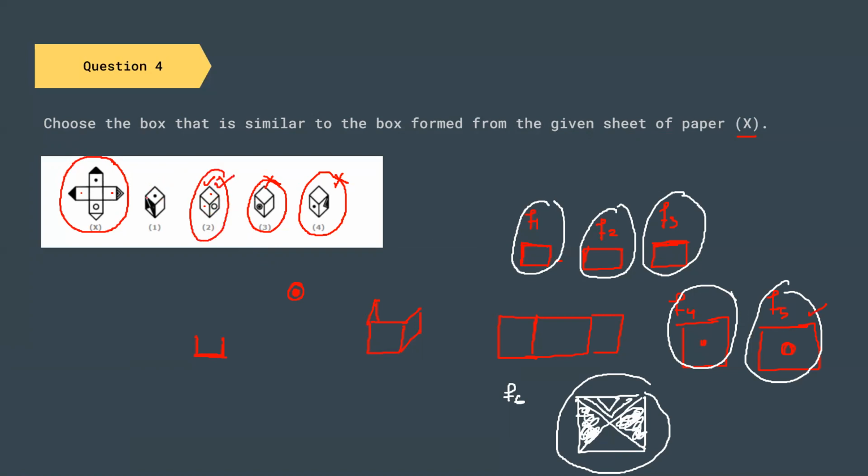And now let us go to this one. We have a smaller point. Yes, we have a smaller point, and we have a face where we have three black faces. Yes, this is also possible. So out of these four options, 1 and 2 are probable answers. So both of these figures are possible.